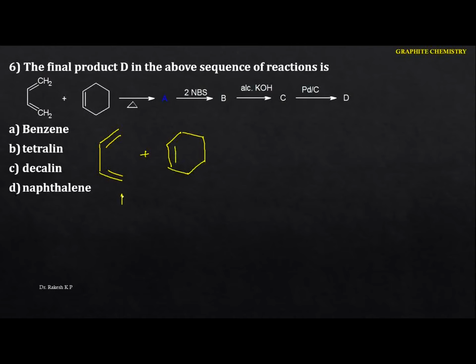That is the Diels-Alder reaction. See this one. Whenever it is heated with this one here, we can identify that this double bond attached to here, and this comes here, and this goes to here. And now here we got this compound. So here it is the double bond, and here we got this one.